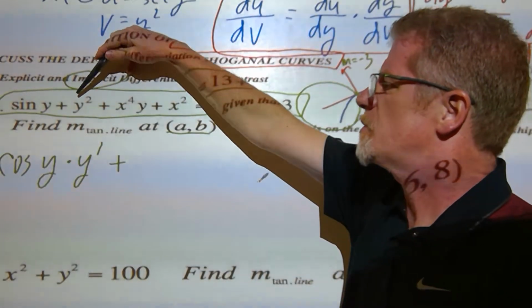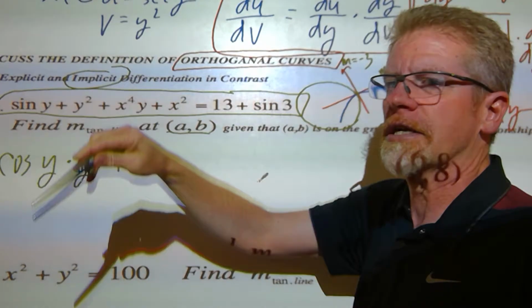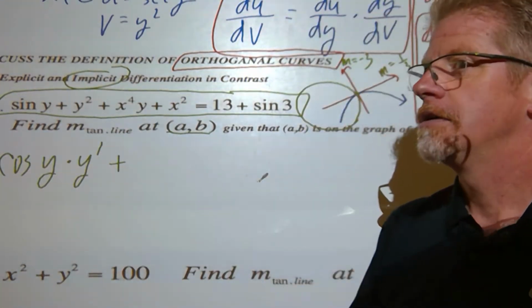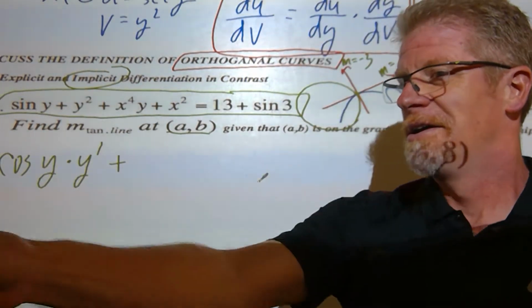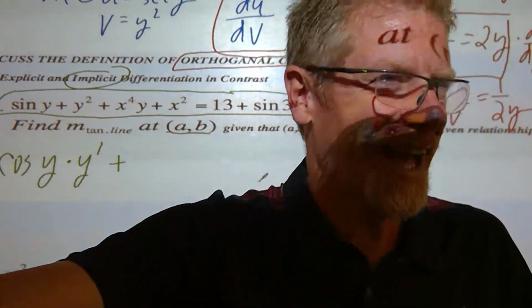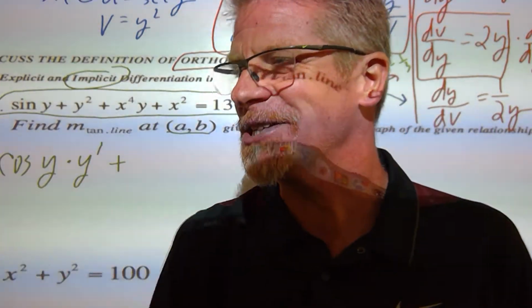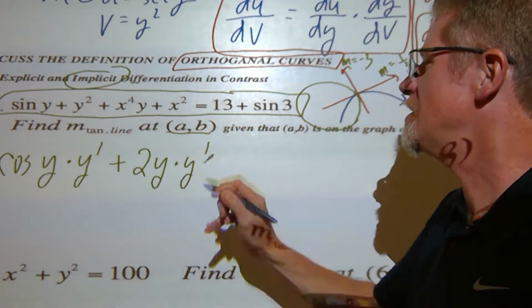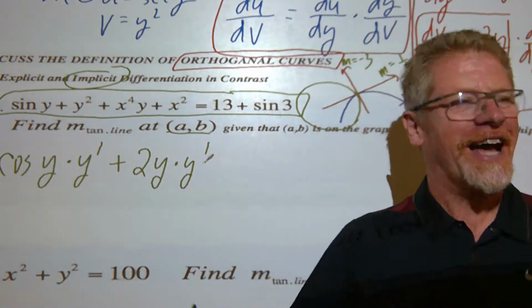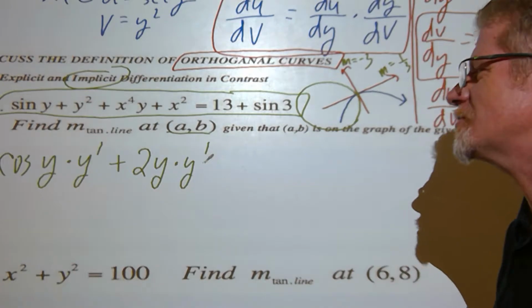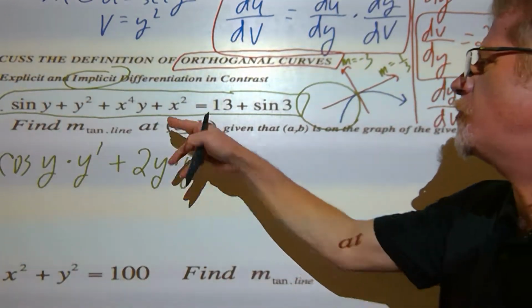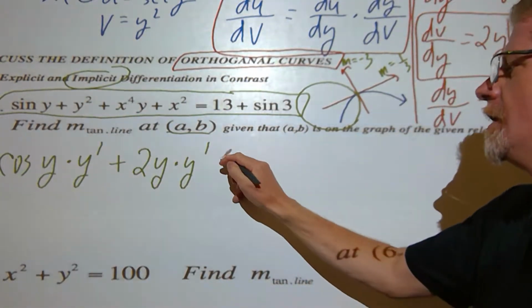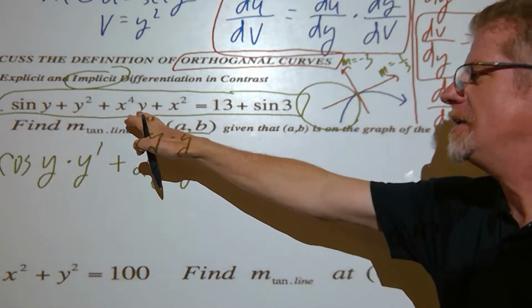Can someone tell me what the derivative of blob squared is? 2 blob times the derivative of the blob. Yes, it's 2 blob times the derivative of the blob. That's it. So that was part 2. Two down, four to go. Now, honestly, part 3 is